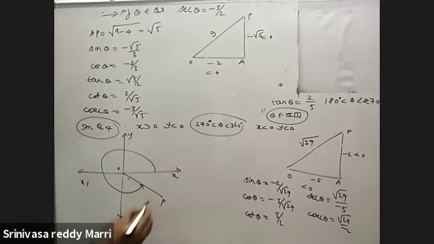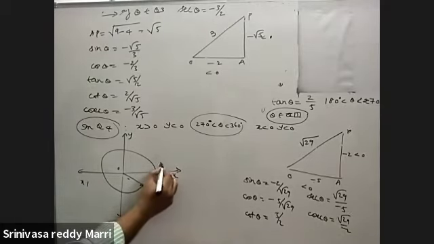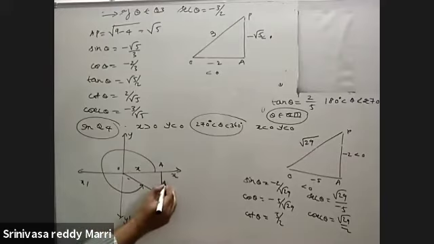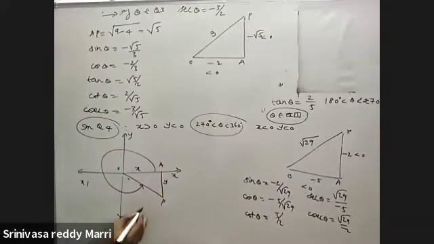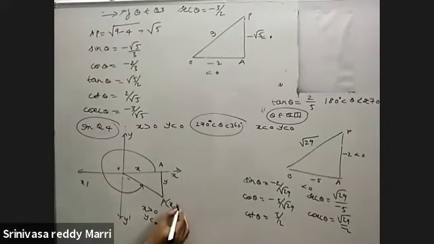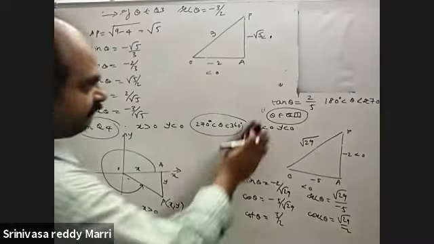Now look here. We will complete the triangle like this. Drop a perpendicular. So this is A. Now this is X, this is Y. Here X must be positive, Y must be negative. Look at this quadrant, OX, OY. Then this will become X comma Y. So the horizontal leg must be positive and the vertical leg must be negative in quadrant 4.